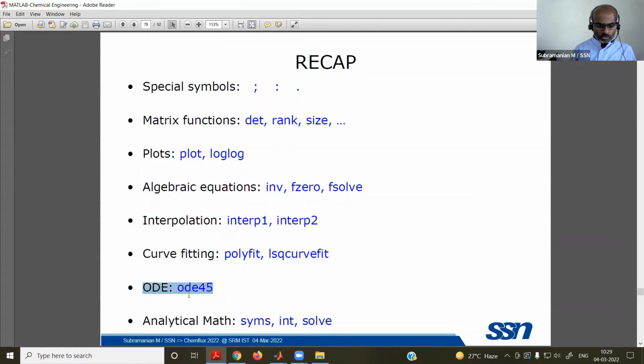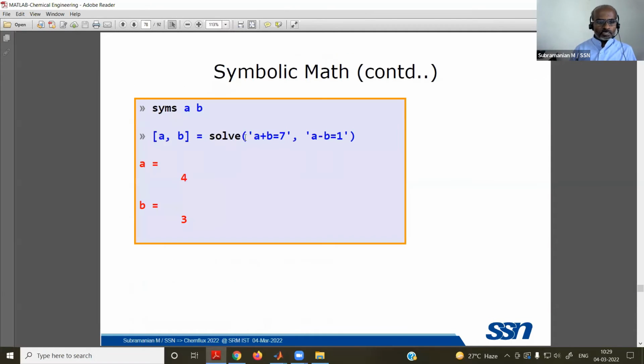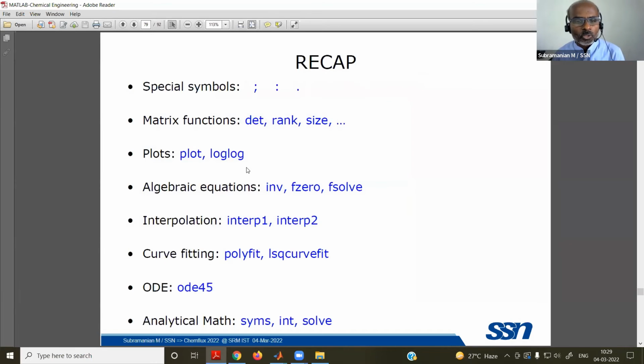And we tried ODE45. And you can even use symbolic mathematics like normal mathematics. Say we have this A and B connected this way. We want to solve for A and B. Simply you can input the equations and solve without even representing how the matrix is set up. We are simply solving as in a normal mathematics class. Okay, so all these things are possible in MATLAB. And in addition, you can also use Simulink of MATLAB for your process control problems.